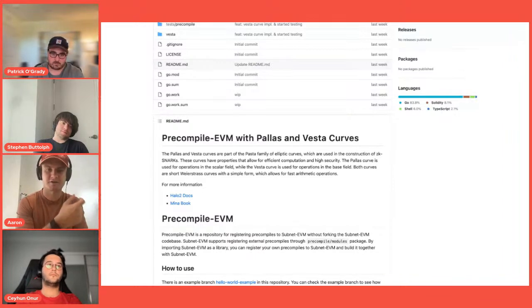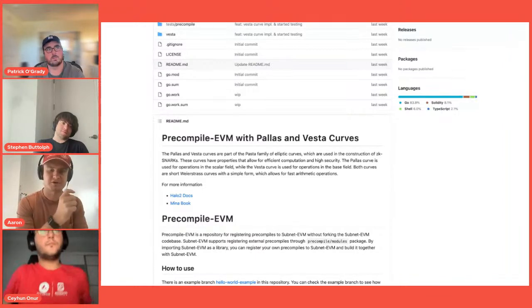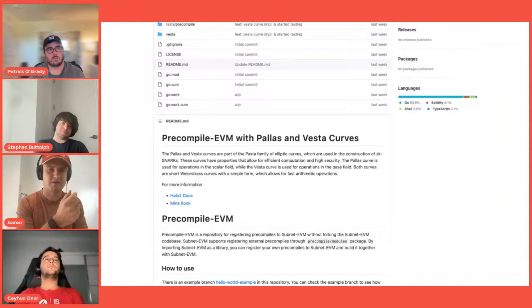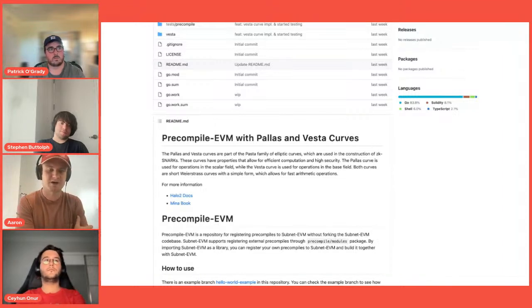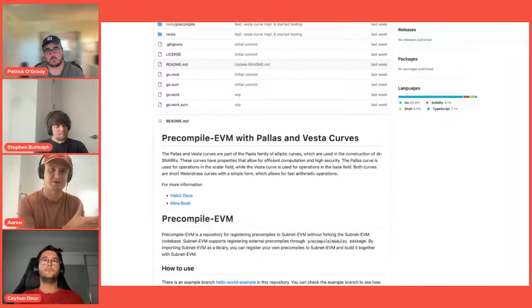And the pasta curves, the Pallas and Vesta curves, are particularly interesting. Right now, I think they're used in incrementally verifiable computation and are very popular in a number of different frameworks that are under active development. And in order to actually use them, these curves don't exist as precompiles on Ethereum. And it's a very slow process to add new precompiles either to Ethereum or even to the Avalanche C-Chain,